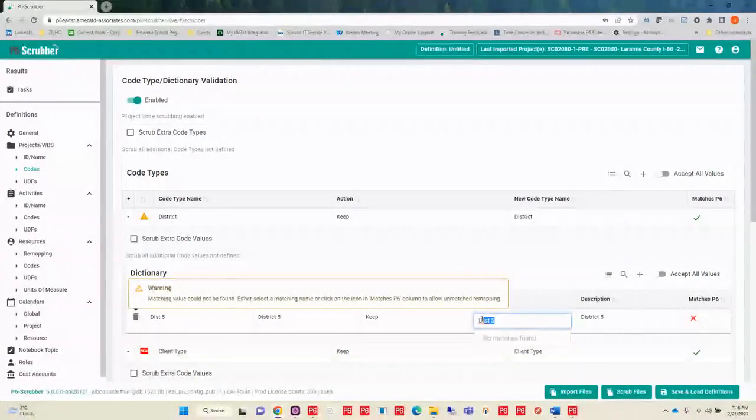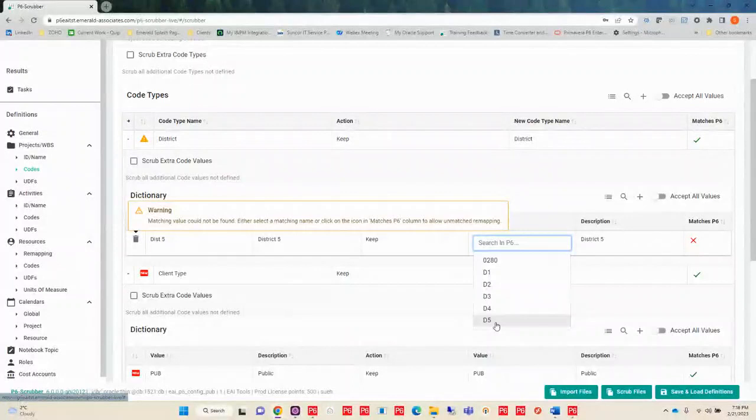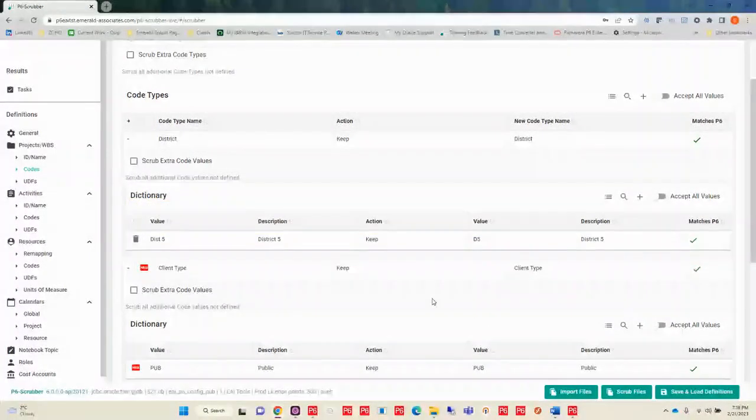However, if I click in here and I blank that out, and then I go down, I can see that I have a D5. So actually my District 5 has a value of D5. So I can remap that to the dictionary value that I actually have. So that's going to help me go along and make sure that I keep all of my